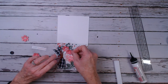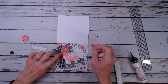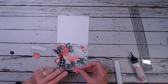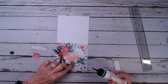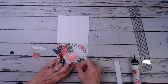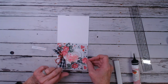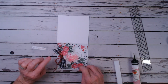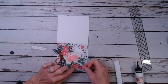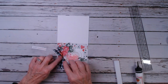So again, these were punched out with a smaller flower punch, not a die. You could use a die. I used a punch, and then I took my Heartfelt Creations shaping tool, shaped the petals, and then added the white seed beads in 2 of the flowers and a pink rhinestone from the doodads in the other 2. So I'm just going to arrange 2 at the top and 2 at the bottom. And they were punched out of the pink, which has the black on the other side, the pink solid coordinating paper for the Echo Park